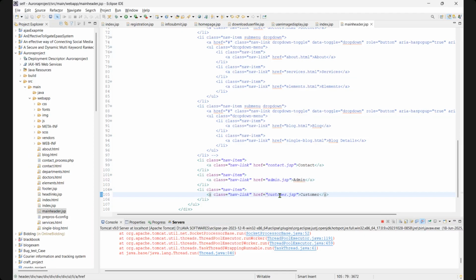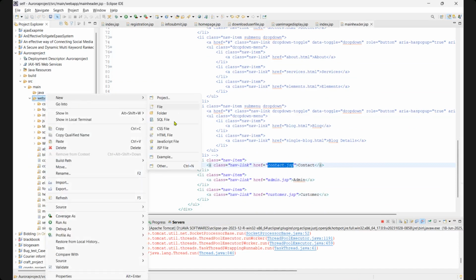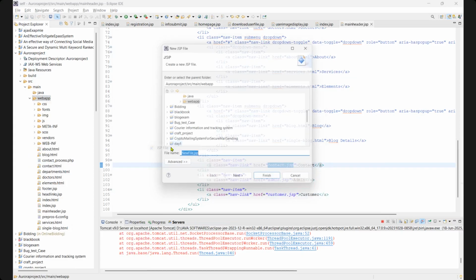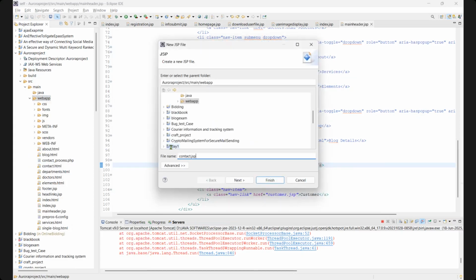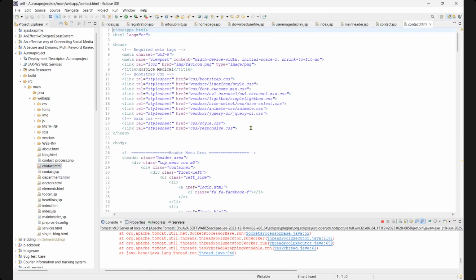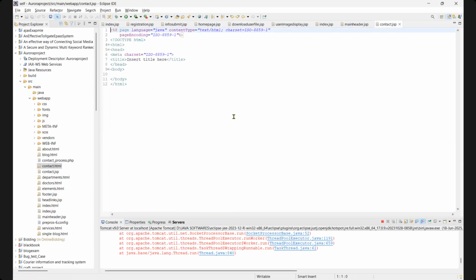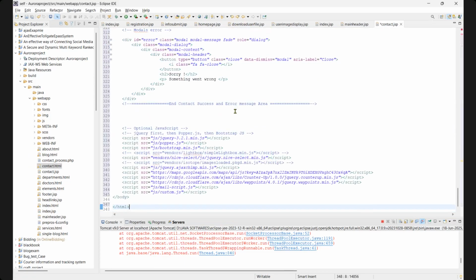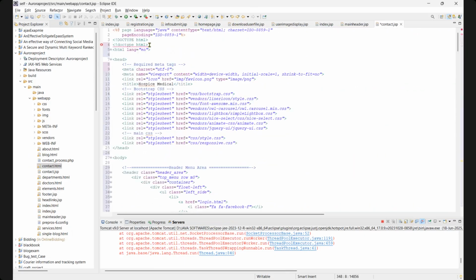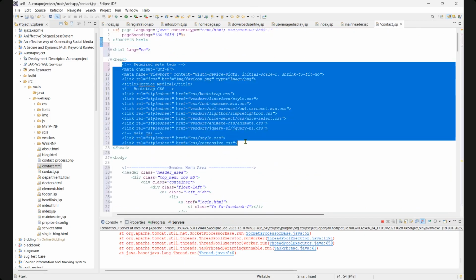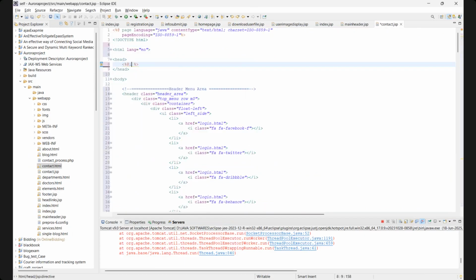And we didn't have the contact.jsp page also here. See, here we have the contact.html, so we need to convert that into JSP. So create one contact.jsp page and copy that. Okay, and just simply select this, paste. Okay, so you can remove this, and we already created head links separately, so you can just use those links,